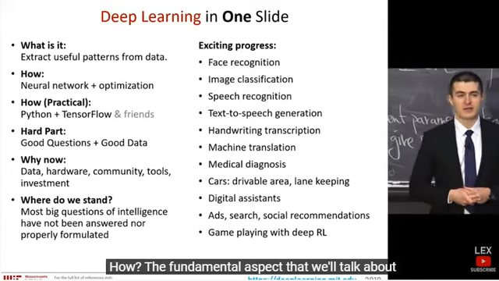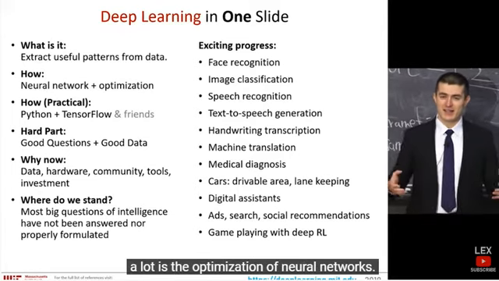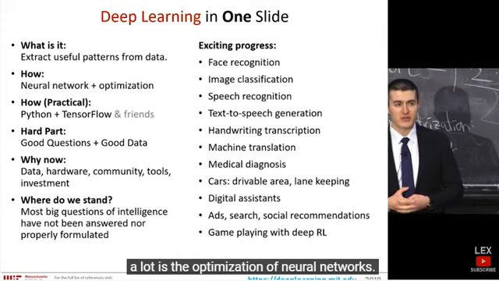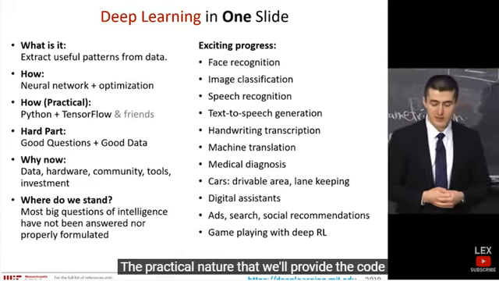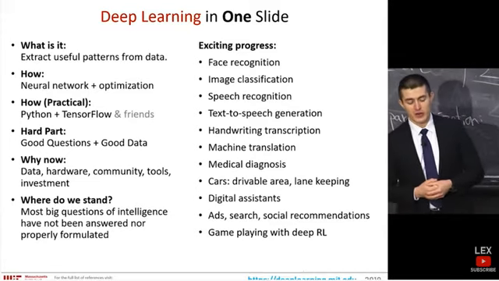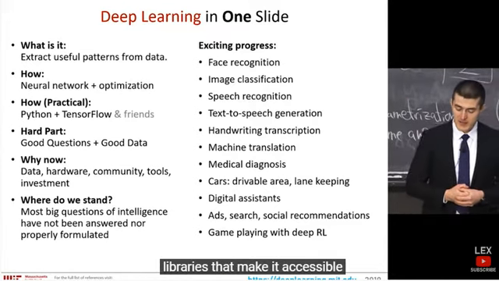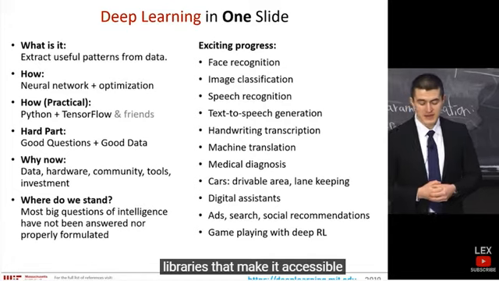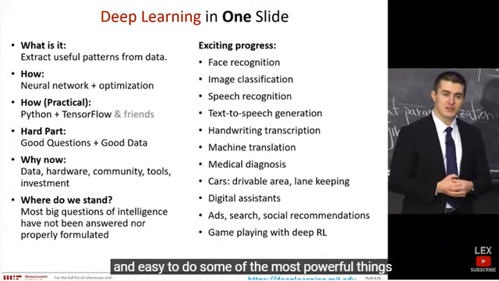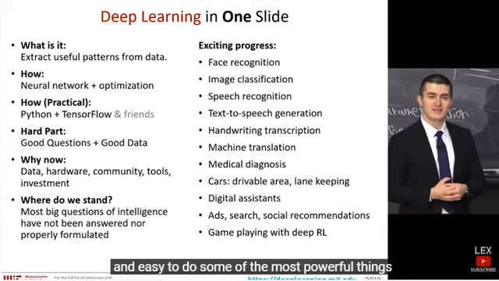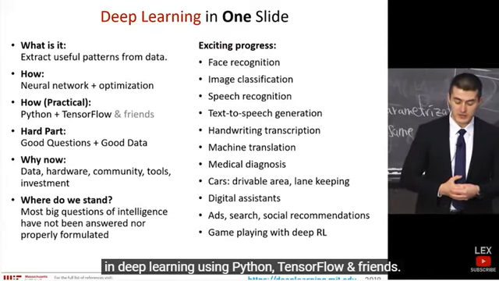The fundamental aspect that we'll talk about a lot is the optimization of neural networks. The practical nature that we'll provide through the code and so on is that there are libraries that make it accessible and easy to do some of the most powerful things in deep learning using Python,